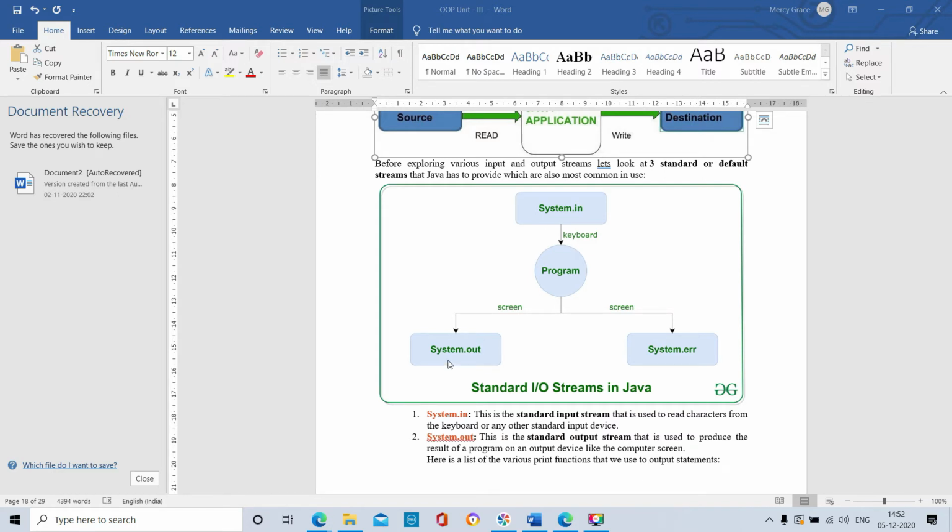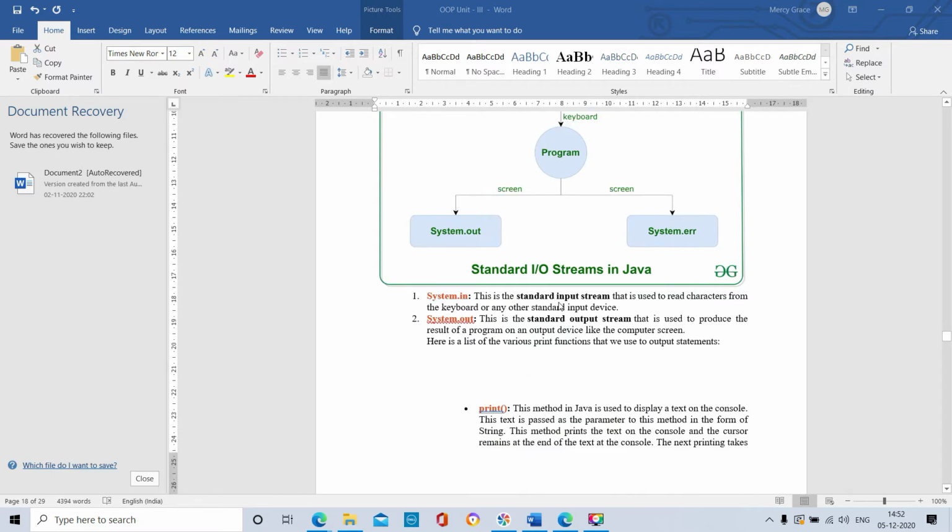Using the statement system dot out, we will get the output on our screen. Using the system dot err statement, we will get the error list on our display screen. So these are the standard input output streams in Java. See, system dot in over, system dot out over.